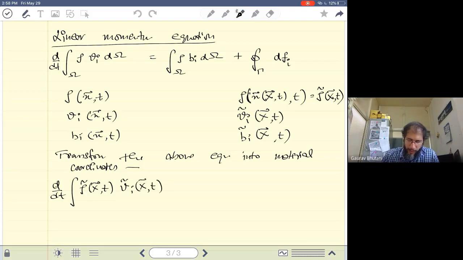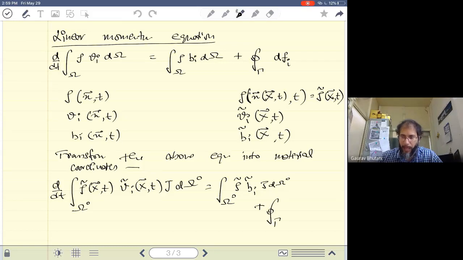And this d omega now can be written as J times d omega naught based on what we have learned earlier. A volume in the current configuration is the Jacobian times the volume in the reference configuration. Now similarly the right hand side, and this integral is over omega naught now. The right hand side can now be written again in terms of rho tilde bi tilde J times d omega naught, plus